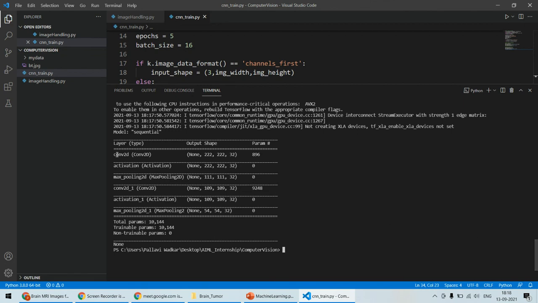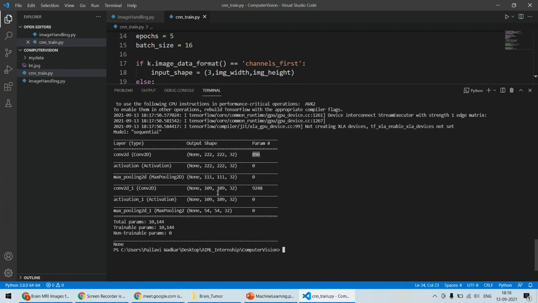तो पहले हमने कन्वोल्यूशन 2D लिया, जो कि नंबर 1 लेयर है। उसमें साइज 222 by 220 था, 896 पैरामीटर्स, जो लास्ट टाइम हमने देखा था। उसके बाद एक्टिवेशन लेयर का काम आ गया। ये रेलू है, सिर्फ नेगेटिव को 0 करेगा, कोई कंप्रेशन वगैरह नहीं करेगा। तो वो 222 220 32 आएगा। फिर मैक्स पूलिंग होने के बाद 111 हो गया। ये 111 नेक्स्ट वाले कन्वोल्यूशन लेयर को इनपुट होगा। तो कन्वोल्यूशन 2D_1, ये नेक्स्ट स्टेज का कन्वोल्यूशन 2D है। यहाँ पे इसका साइज बन गया 109 109 32, और इतने नंबर ऑफ ट्रेनेबल पैरामीटर्स।